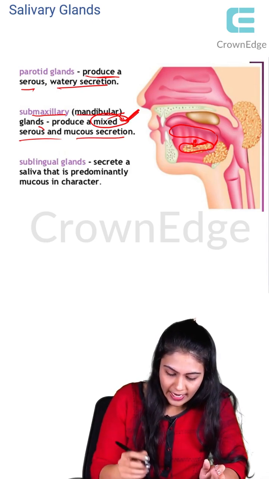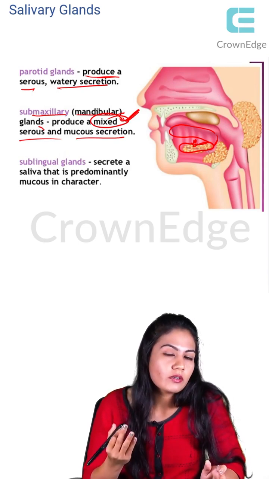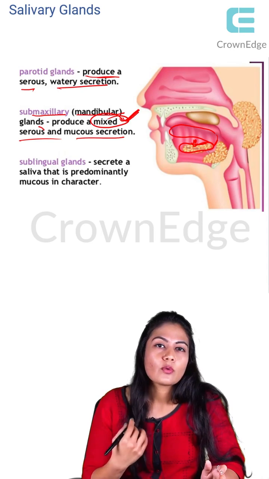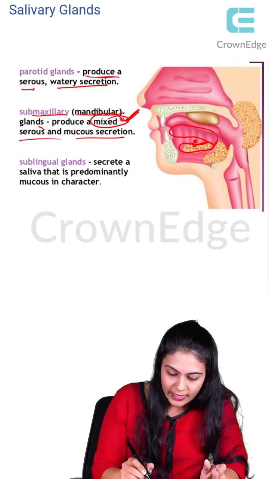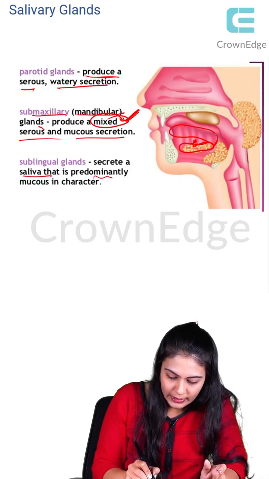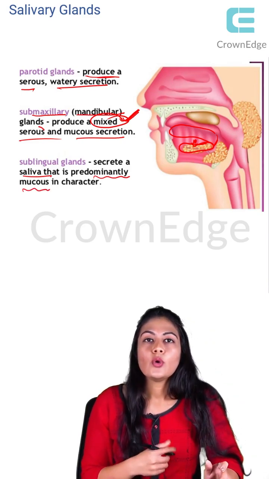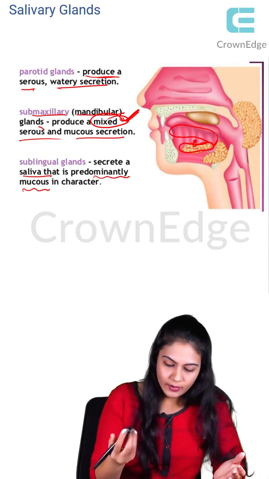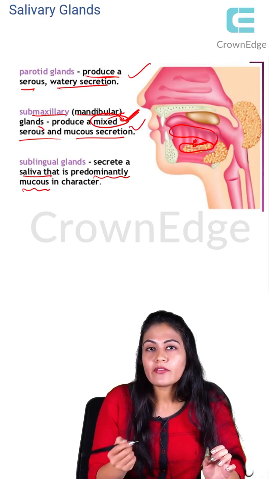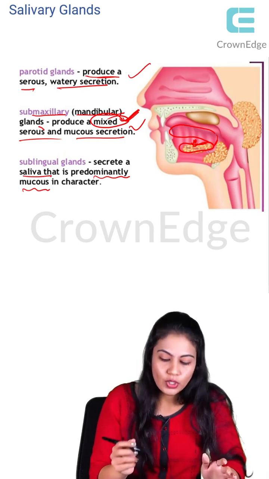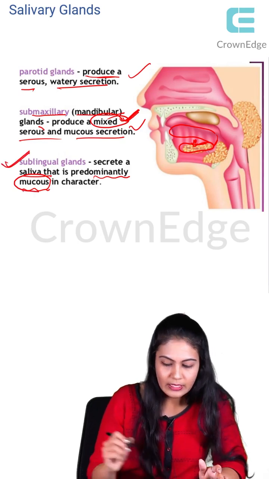And the parotid gland that we have, it got its name from the facial nerve. It is beneath the facial nerve, so it is known as the parotid gland. So what about the sublingual gland? It secretes saliva that is predominantly mucus. So if they ask which gland secretes serous and mixed secretion, then you have to go with the parotid or submandibular, right? If they ask which gland only secretes mucus, remember, this is your sublingual gland,